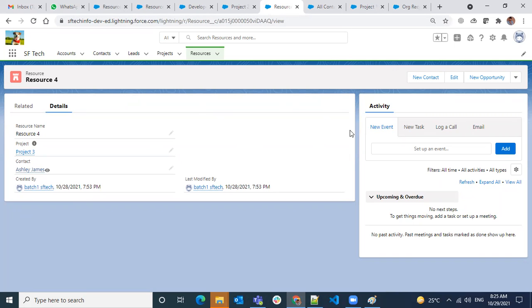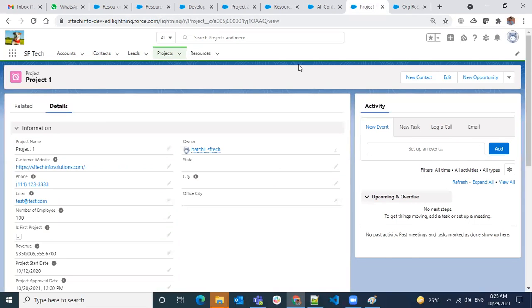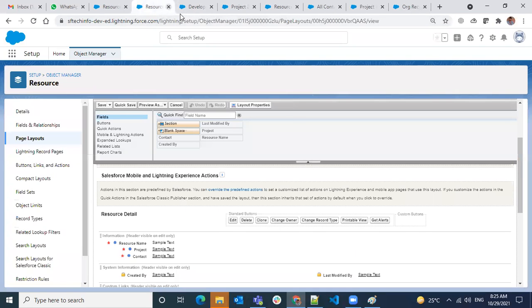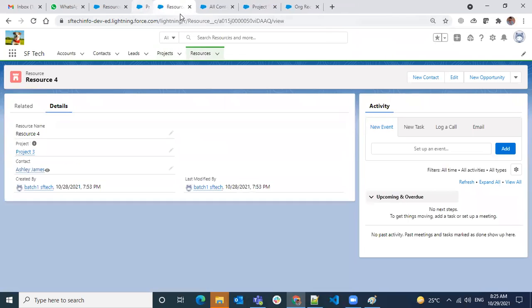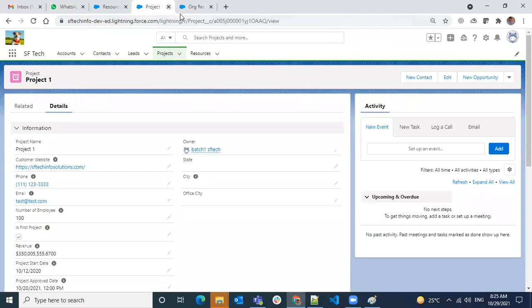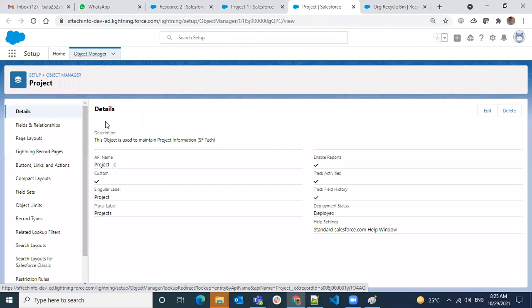Time log we have not done anything, just created the object. So let's go to project and try to create some. This is the project. Let's go to the object and try to create some roll-up summary fields.